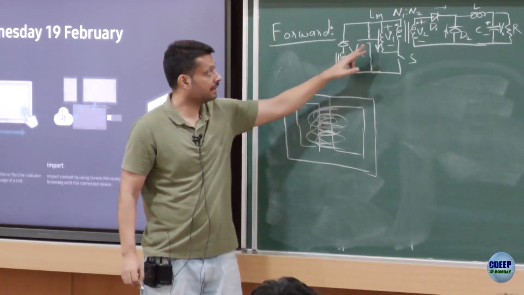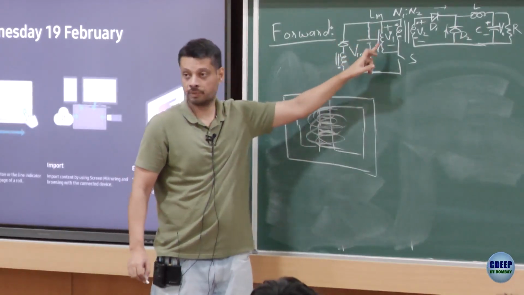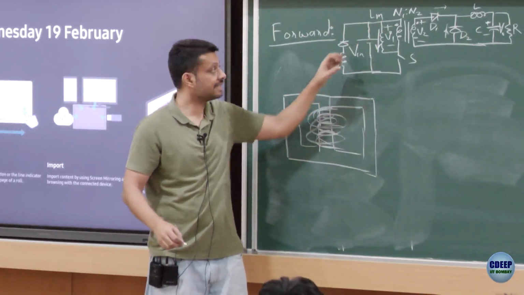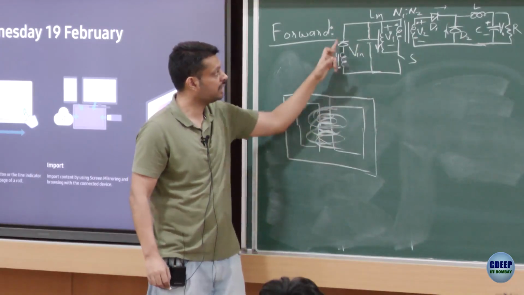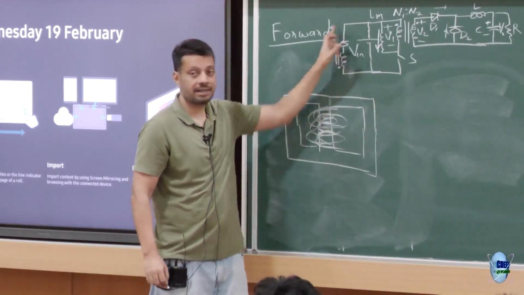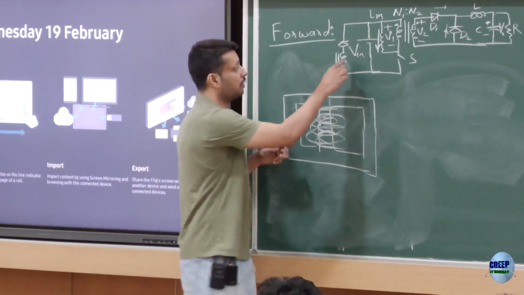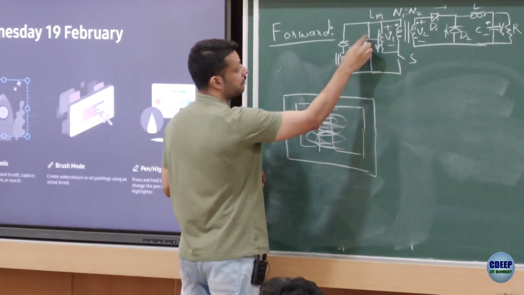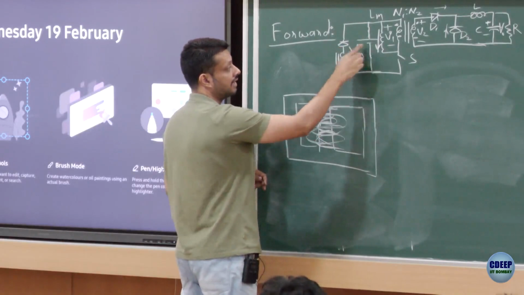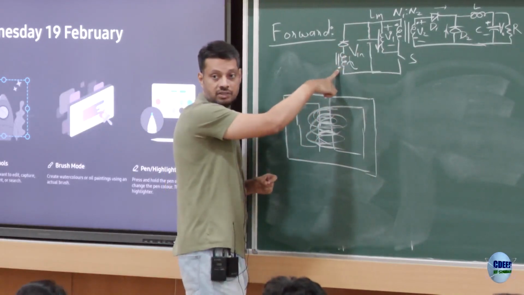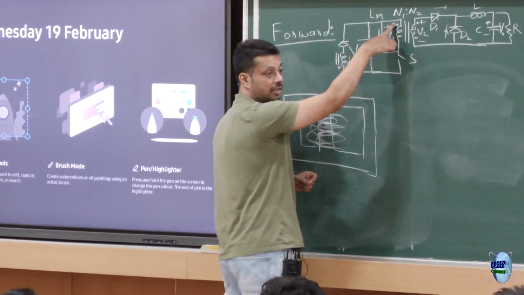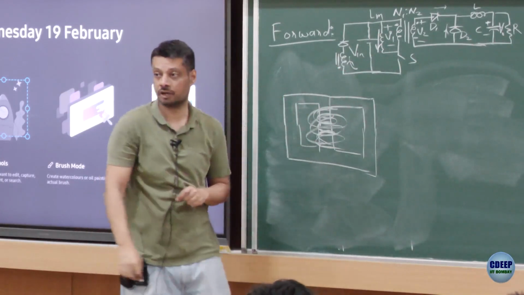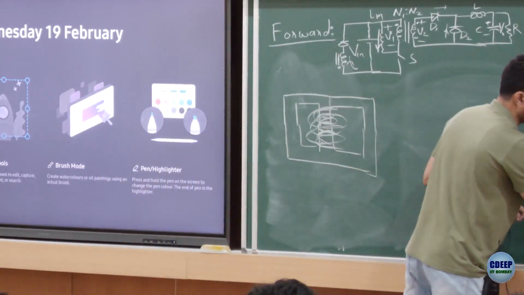But if you have this winding, now what can happen is the current can flow in this loop. Current can leave the dot here, current can enter this dot here, and this excess energy or the excess current can flow in this loop. It will provide a negative voltage and current will fall, because now if this current is flowing through here, this dot will be at negative potential, right? Because this positive will connect here, negative will connect here. So the dot is at negative potential, so here also the dot will be at negative potential. That means you will have a negative voltage applied across the inductor. That means inductor current will start falling. So your current will fall and come to 0 at some point of time.